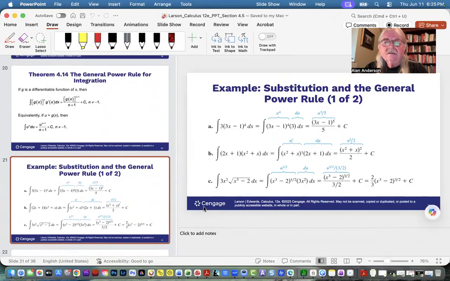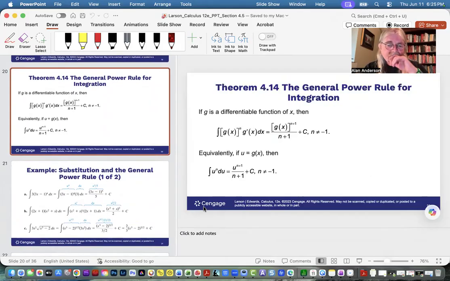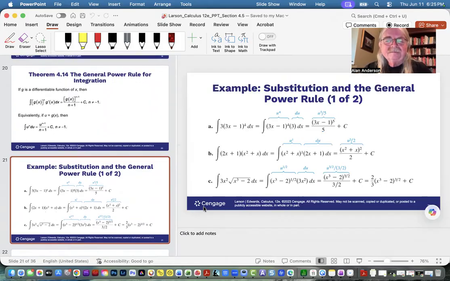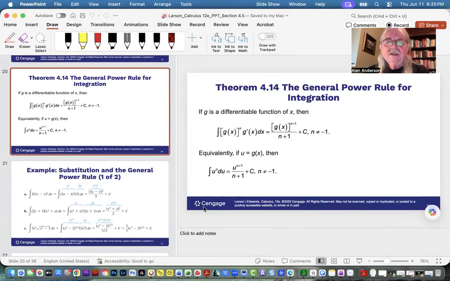Oh, okay. Well, maybe we should have done this one first. Nah, these are exactly the same ones we were doing. We don't need to do every single one of them, but they do want you to know that this is the result of what's called the general power rule for integration. So no matter which one you use,